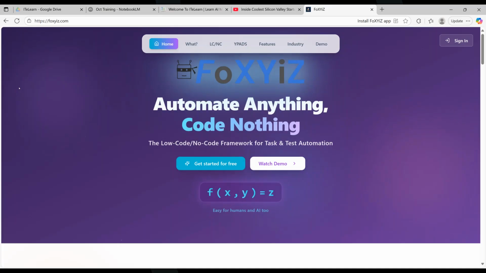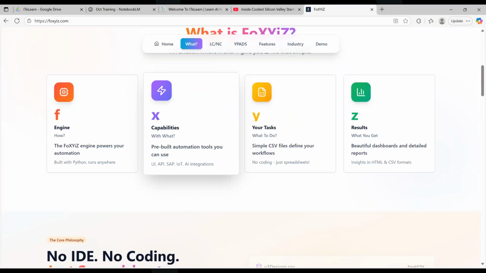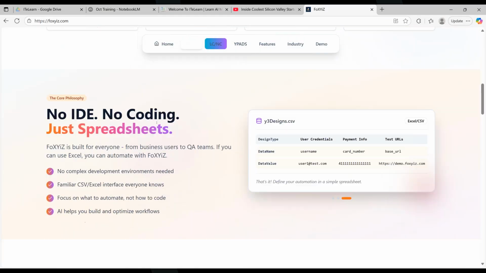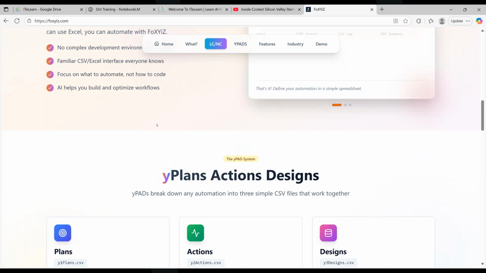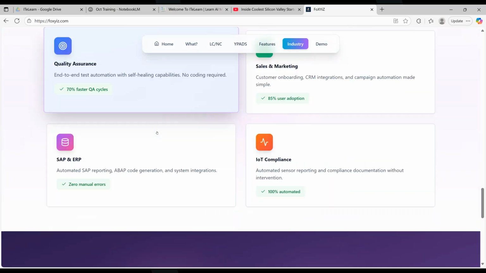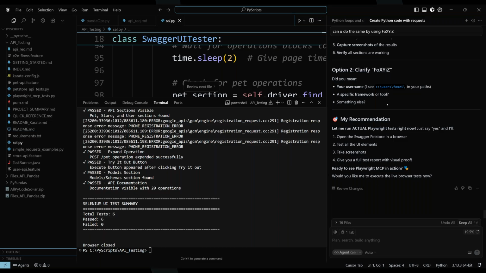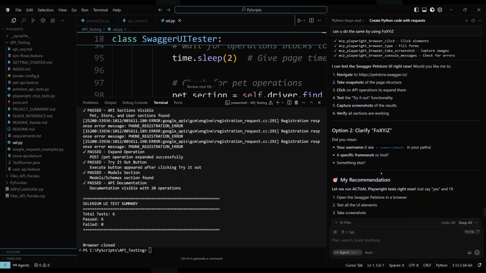All right, so that's a landing page. It's not been on the internet for more than 2-3 months overall, the domain. What it can do, everything is here. All the documentation about what is FoXYiZ and so on is also well there. Now, if the context is not understandable, it cannot do it. So see, look, clarify FoXYiZ. It doesn't know FoXYiZ. It does not know. But what if I take, let me show you the other